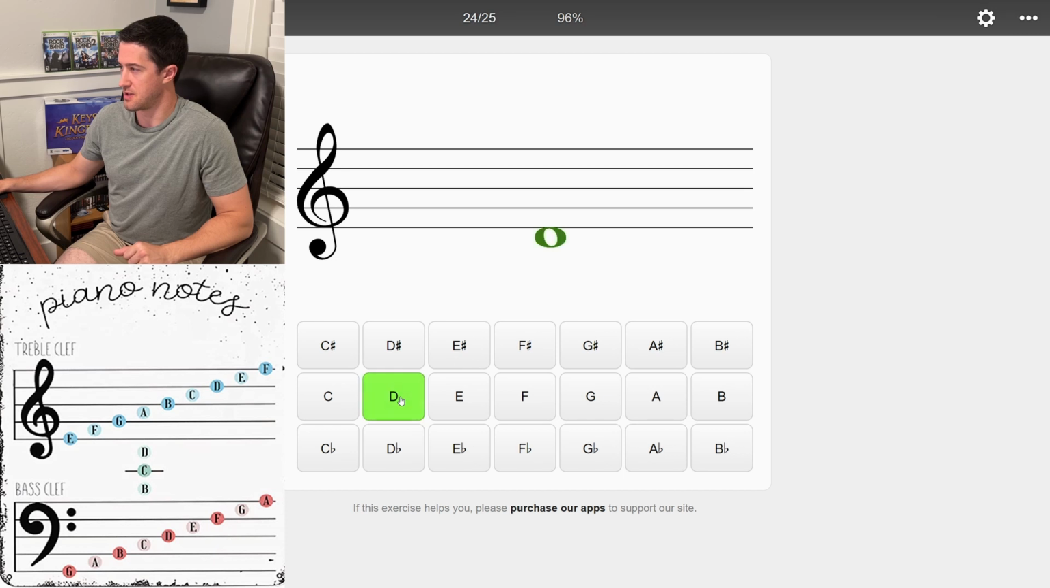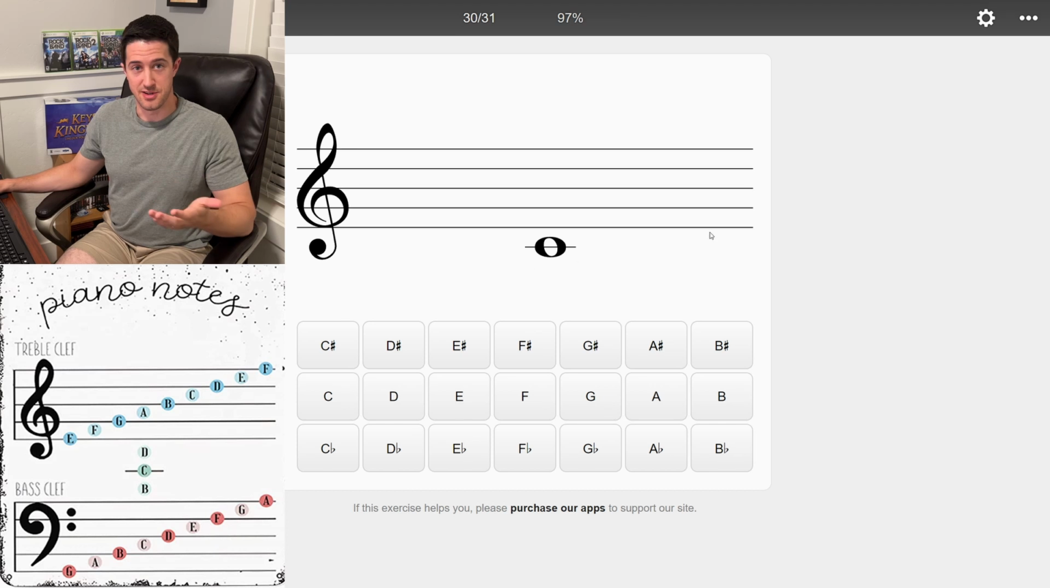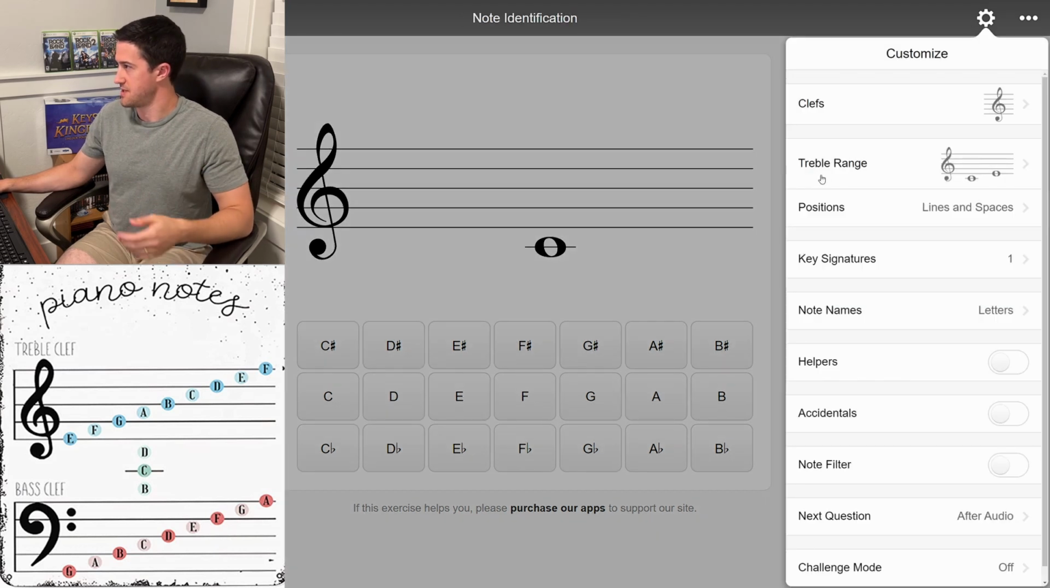So let's go and click on D. Okay, so this is C. Now we have the E, the D. Now this is the C. Let's do a C. So as you memorize this, start to get bored, come up to your settings, go to